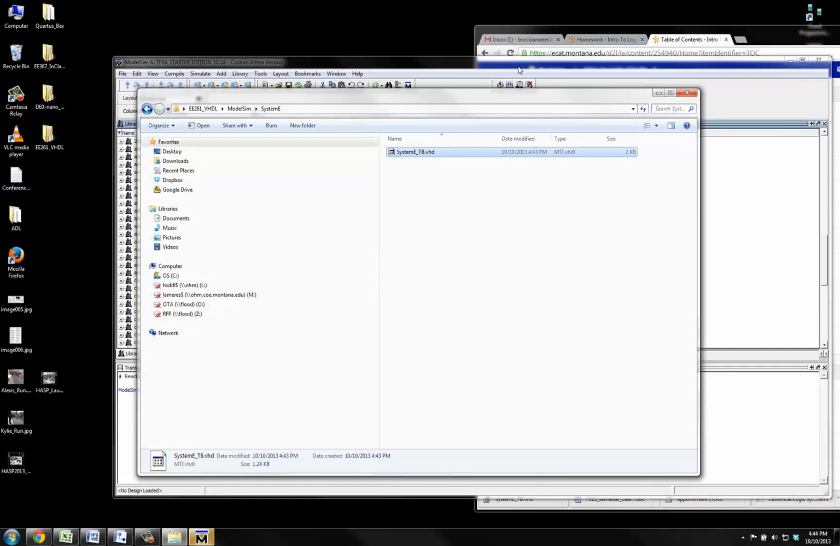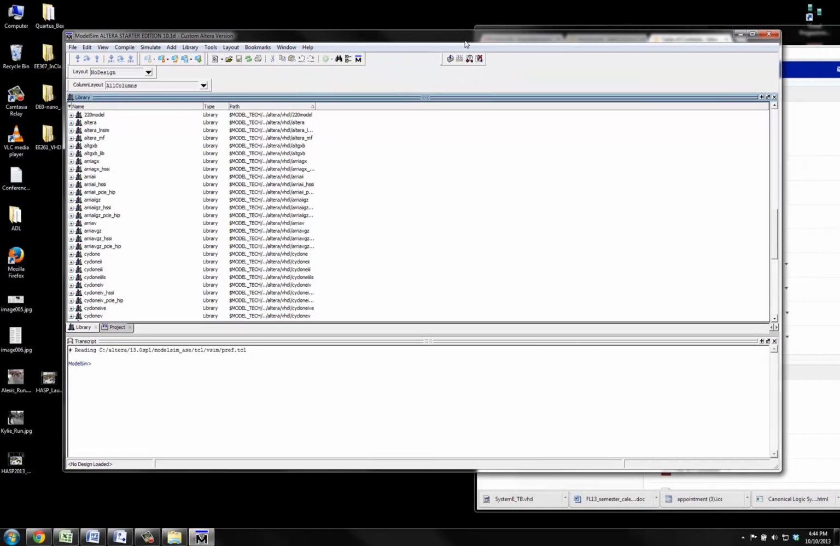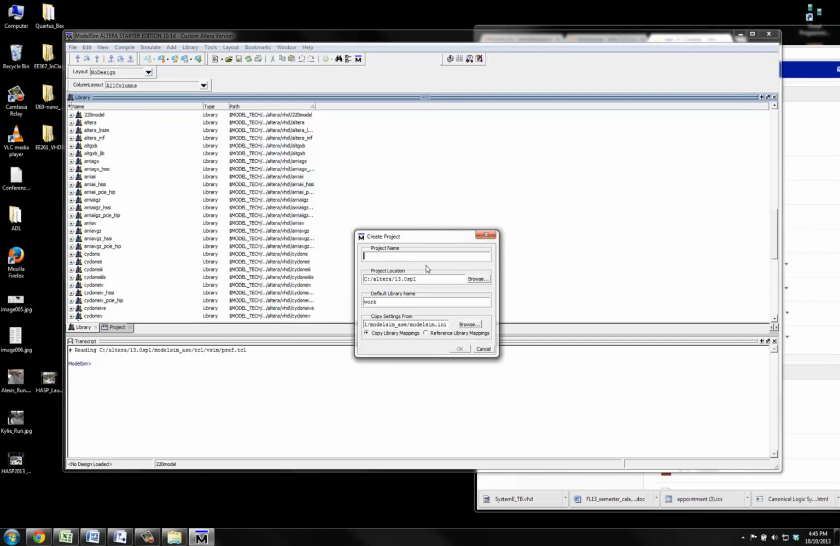Okay, so here it is, and it comes up and it looks like this. Okay, so now the first thing I'm going to do is start a project. So I come into here and I say File, New, Project. And I'm going to give it a project name, and I'm going to give